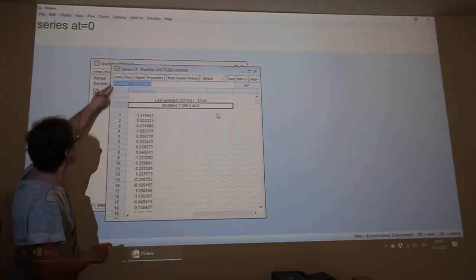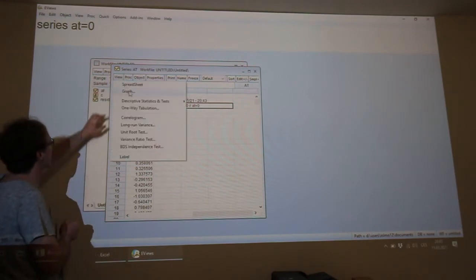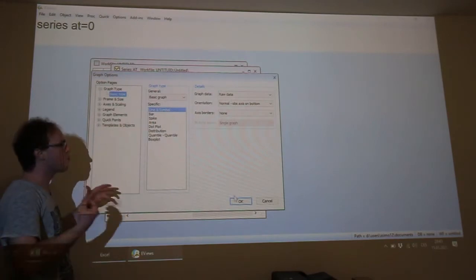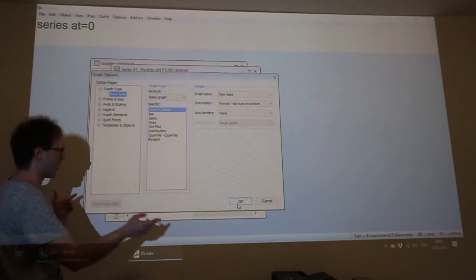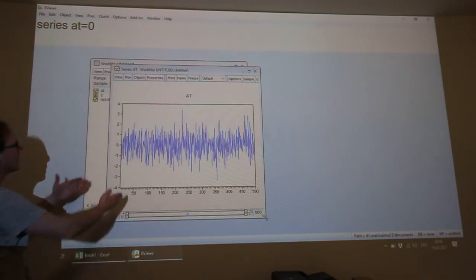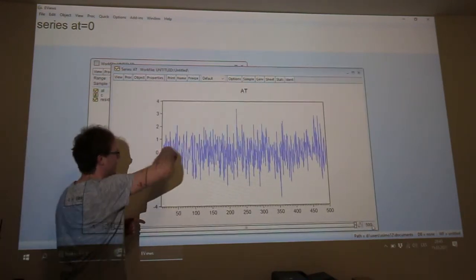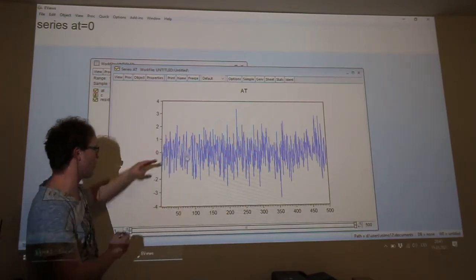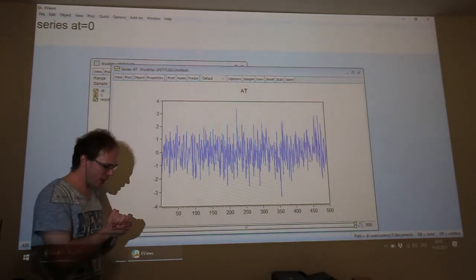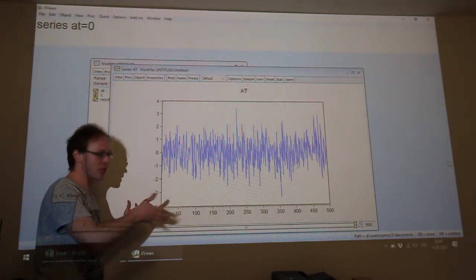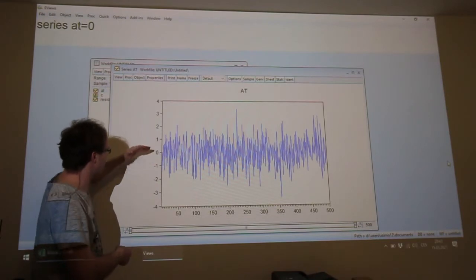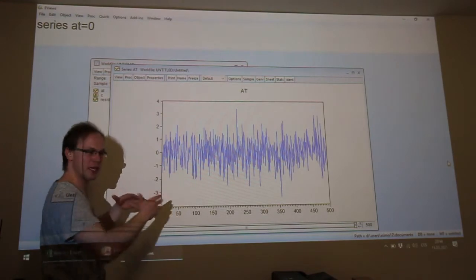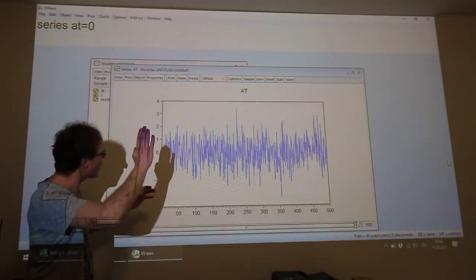So please click on View button and click on Graph, and we will check the development in line and symbol chart of this process. Yeah, so please click on OK, and there you can see the fluctuations around 0, because we set the generator to standardized normal distribution with 0 mean and sigma squared equal to 1. So this should be standardized normal distribution.